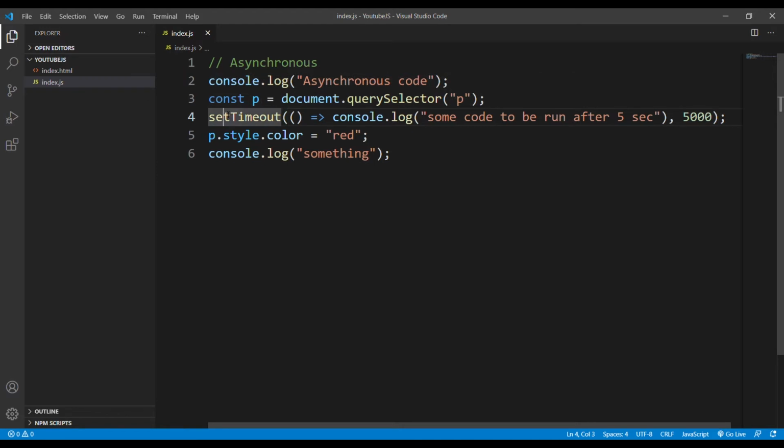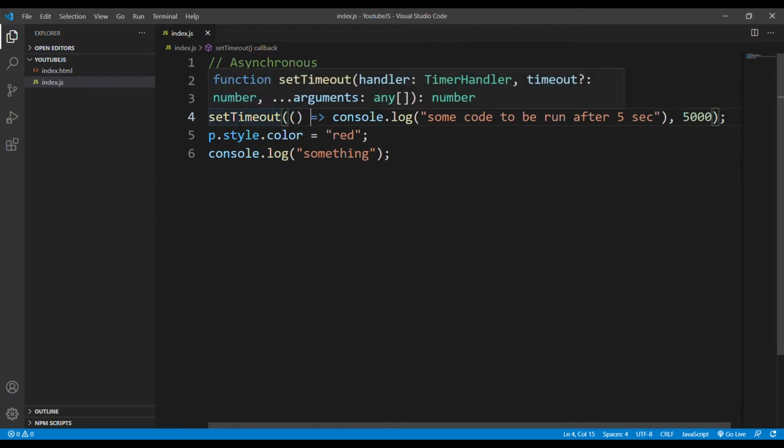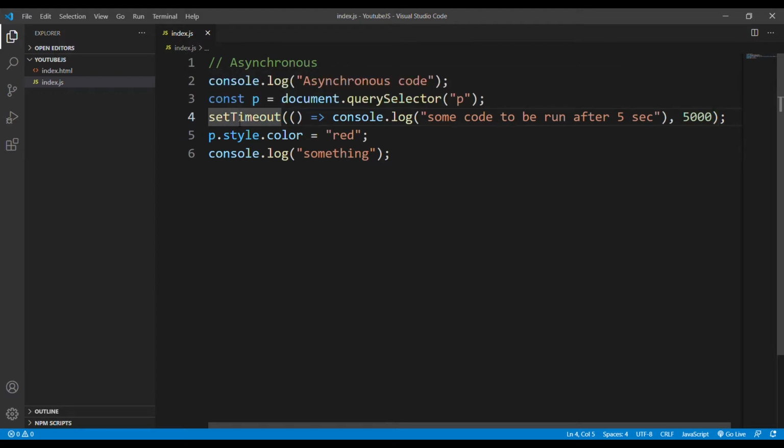So what I mean by asynchronous, like as soon as our execution comes to this line at this place, it will just register the timeout, and this callback will be registered, like it will be run after 5 seconds, but it will not execute this callback right away, as it needs to be executed after 5 seconds.